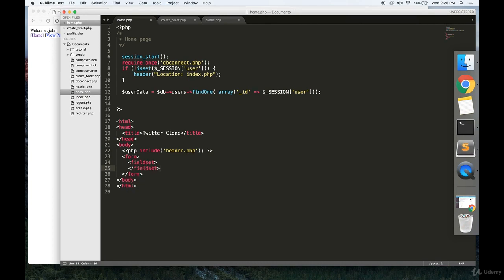Make a field set. Now this form method is post, and the action is home.php, so it reloads the page. Or actually, no, we're going to make a file called create_tweet.php. It's going to send our tweet there. So label for tweet. What's happening? Like it says on the real Twitter website as the prompt for a new tweet. We're going to close that out,